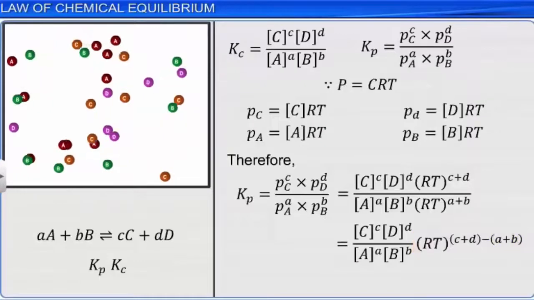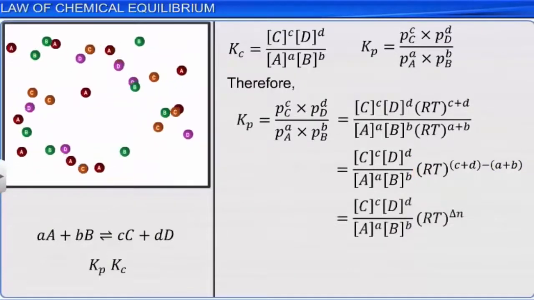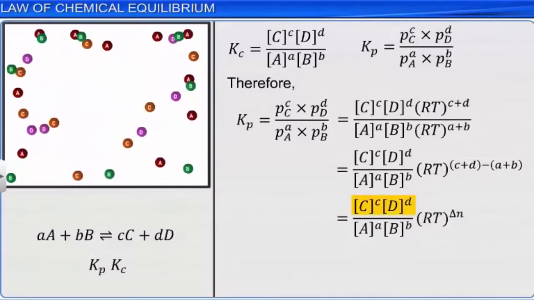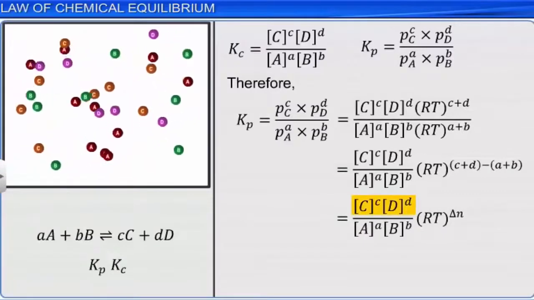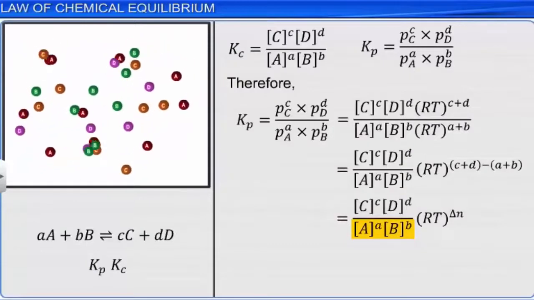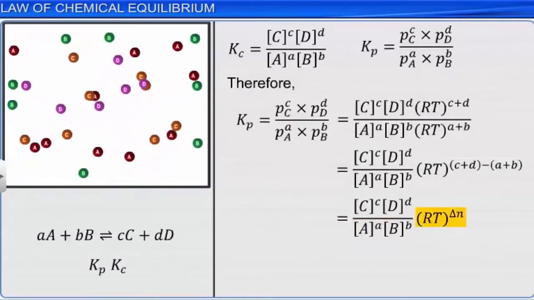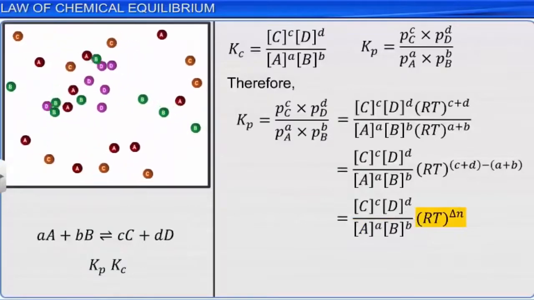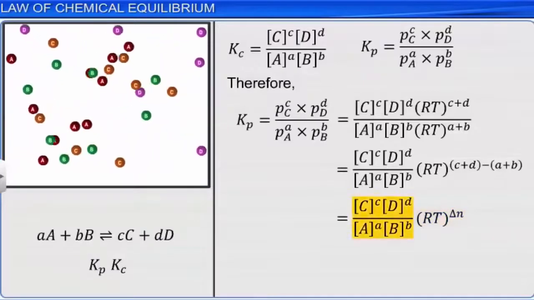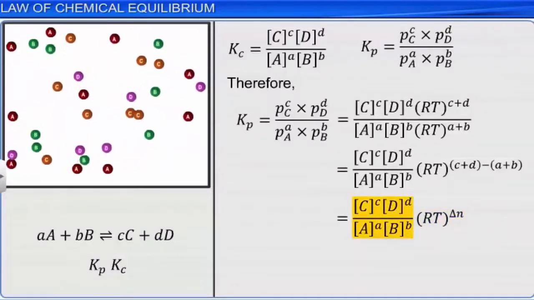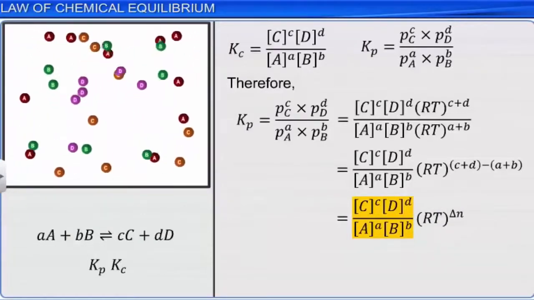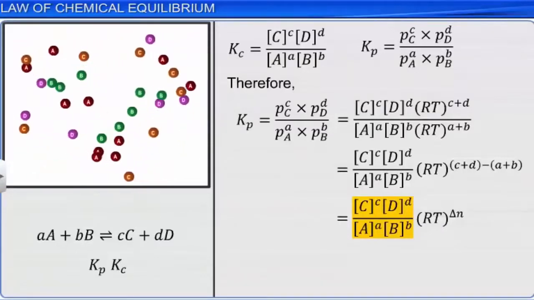This becomes equal to the product of the concentration of C raised to the power of c and the concentration of D raised to the power of d, divided by the concentration of A raised to the power of a and the concentration of B raised to the power of b, multiplied by the product of R and T raised to the power of delta n. Since the product of the concentration of C raised to the power of c and the concentration of D raised to the power of d, divided by the concentration of A raised to the power of a and the concentration of B raised to the power of b, is equal to the equilibrium constant Kc,